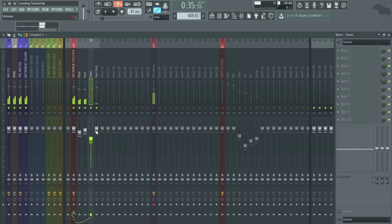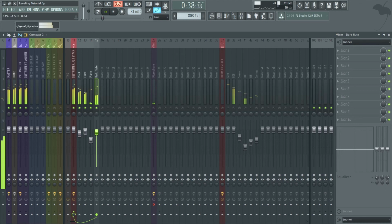And then the dark flute, and as you see it's kind of similar. We'll probably just turn it down a bit, and maybe turn down the piano a bit more since it really pops. And I think here I'm satisfied with the instruments, so now we'll just add the